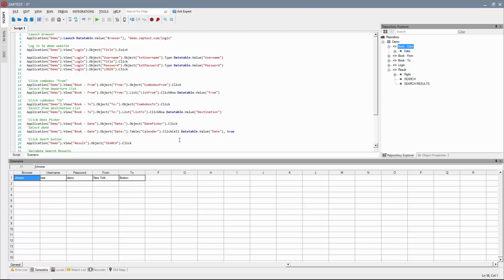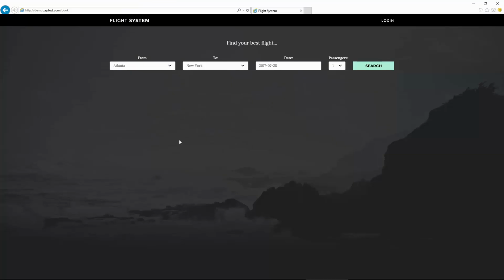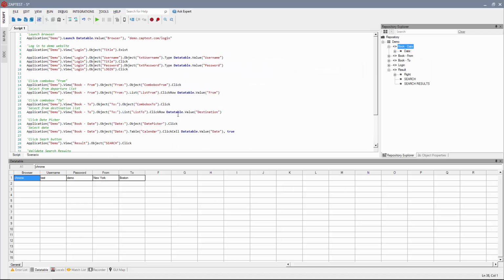In the previous lesson, we've shown you how to work with combo boxes using the list object. If you launch this script on Internet Explorer, you will notice that the combo boxes obscure the label which we use to detect the object. So, here we will learn a different way to automate the combo boxes, which adds support for Internet Explorer and